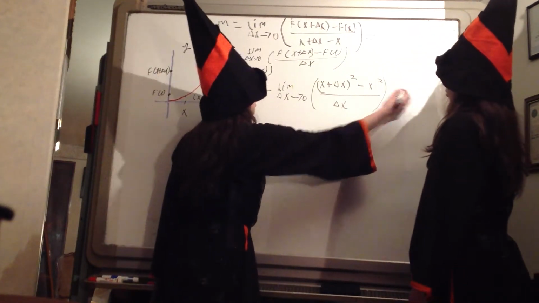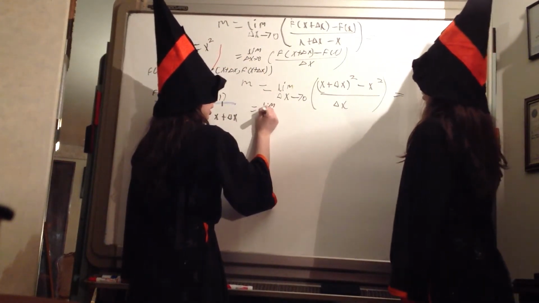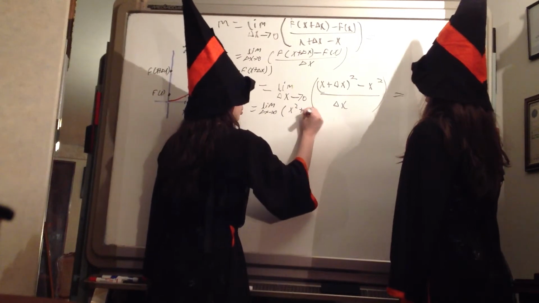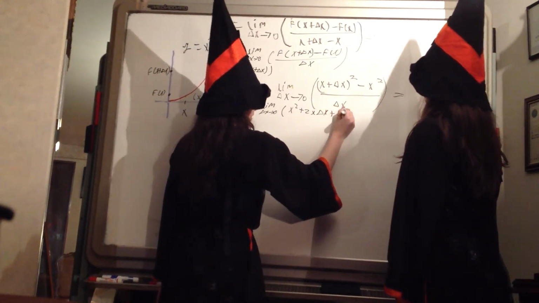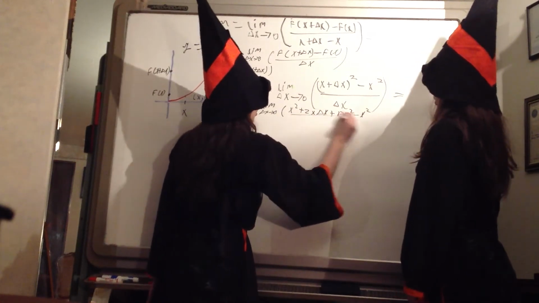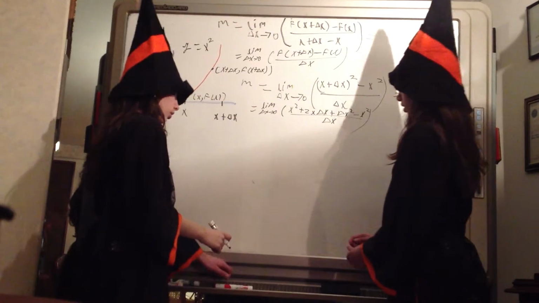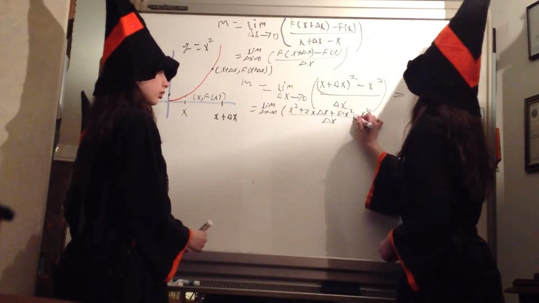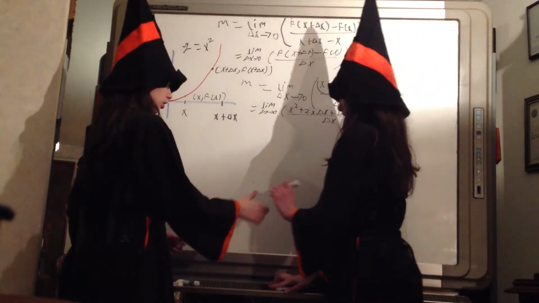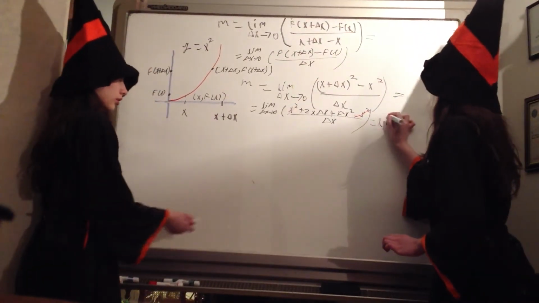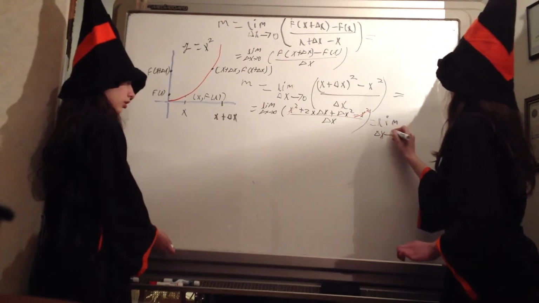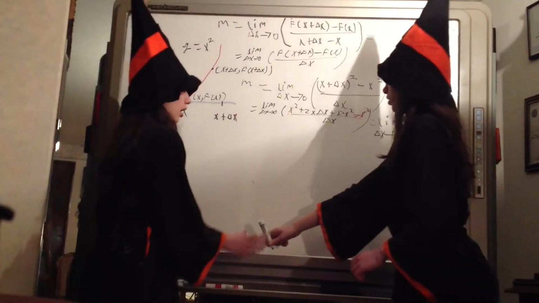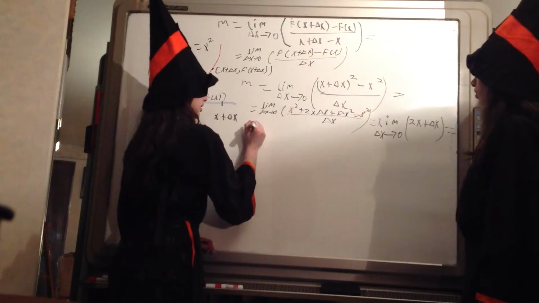and this is equal to the limit when delta x approaches 0 of x squared plus 2x delta x plus delta x squared minus x squared all over delta x, and so this x squared and this minus x squared can be cancelled, and so we have the limit when delta x approaches 0 of 2x plus delta x, and when we take the limit, this is equal to 2x,